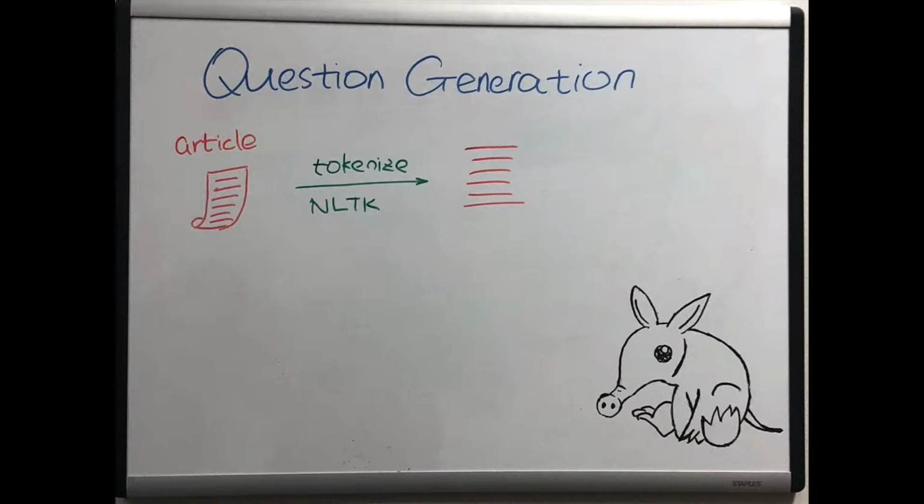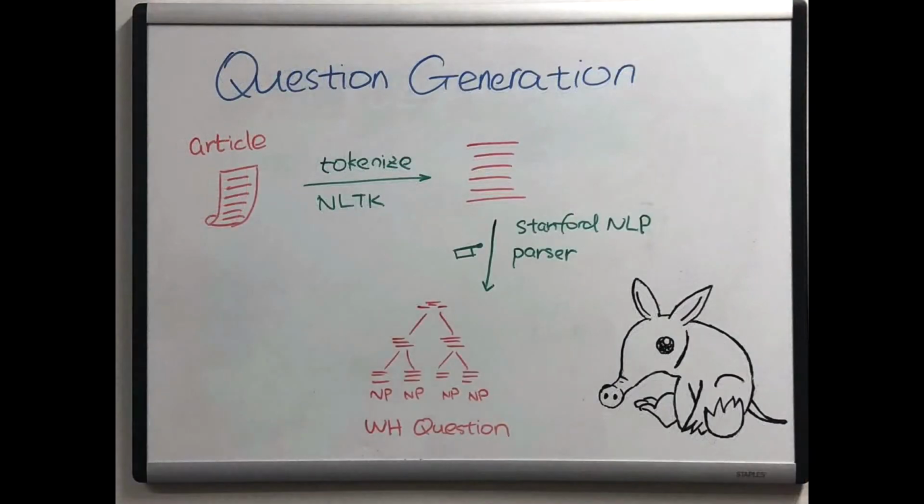and Stanford Parser, respectively. For each sentence in the file, we want to run a parts of speech tagger and identify all the noun phrases. There are going to be two types of questions that we're going to generate. One is the WH questions, and the other is yes/no questions. We'll be further discussing how we're going to implement the generation of each type of the questions in the future.